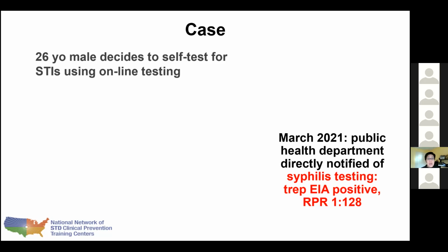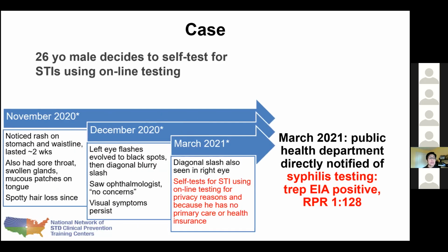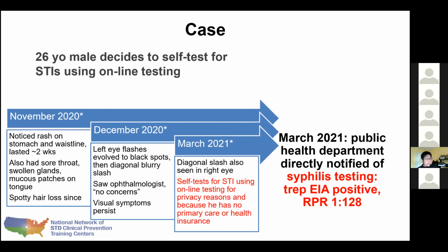March of 2021, the public health department was directly notified because we got laboratory information on this patient. His syphilis testing was positive. Unfortunately, we got the treponemal EIA and the RPR at the same time, 1 to 128. Nobody has told him about this diagnosis. We have to go back in time. And our field epidemiologist, that's what we call DIS in our state,